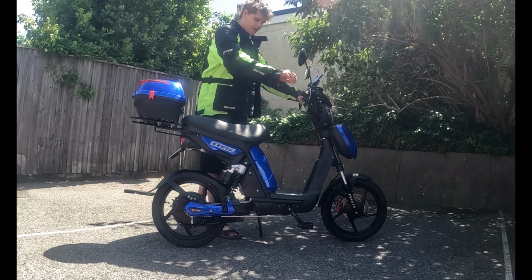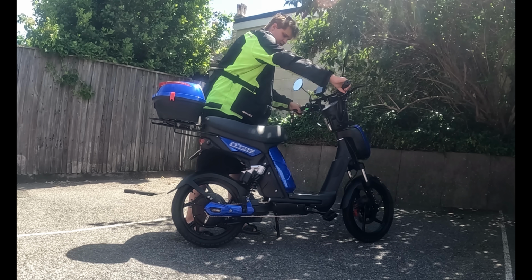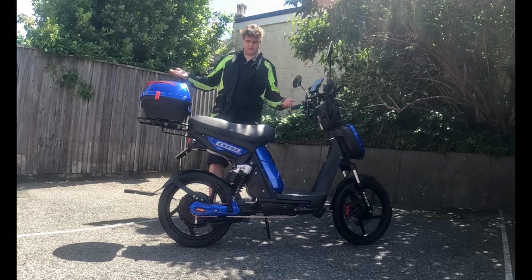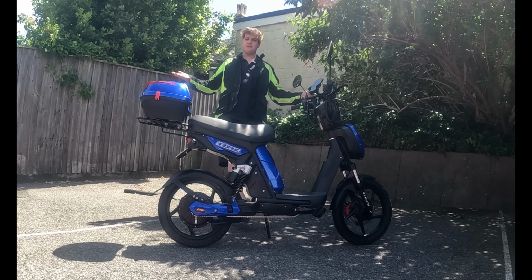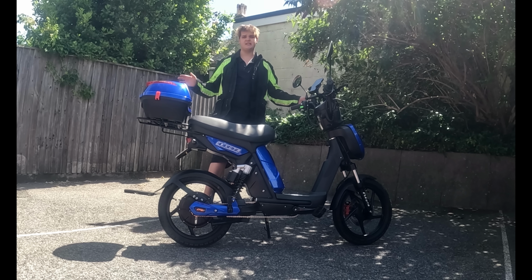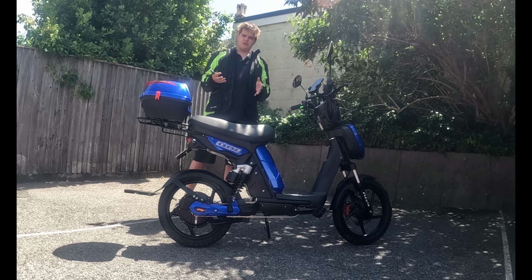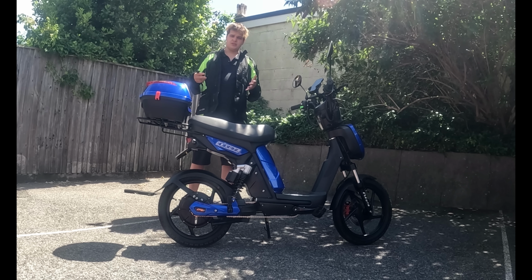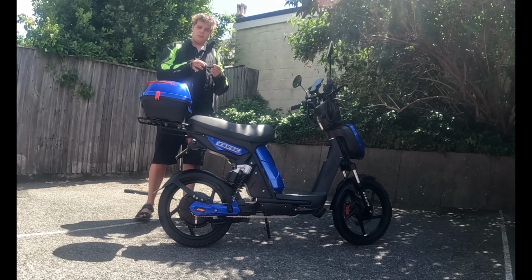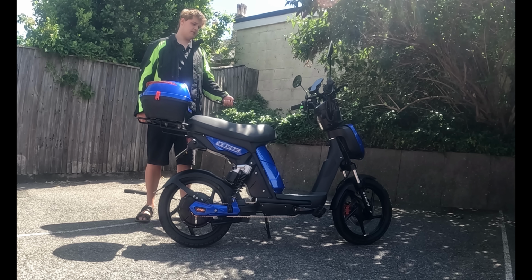If you try and move the bike, the back wheel comes on, locks, and then it makes a really loud alarm. I've alerted the whole neighbourhood that someone is trying to steal my bike, but it's actually me, for testing purposes for this video. As well as an improvement in the alarm sound on the new series for the ESkuta 3 series, you can also unlock the bike remotely from the key fob. So to do this, you press the electric button,